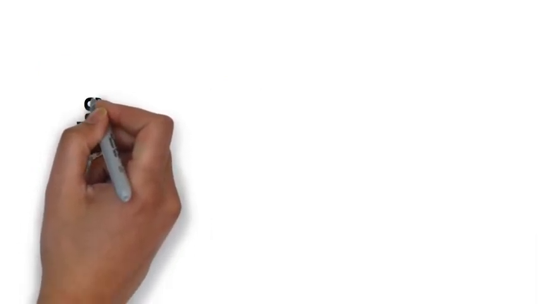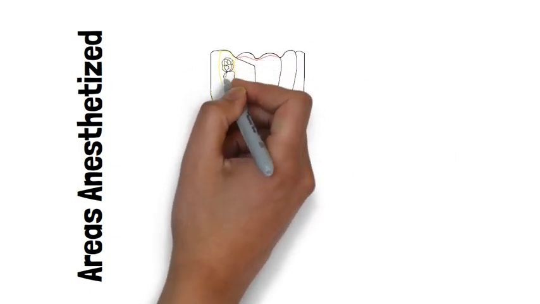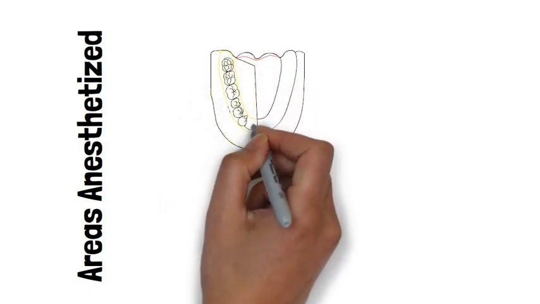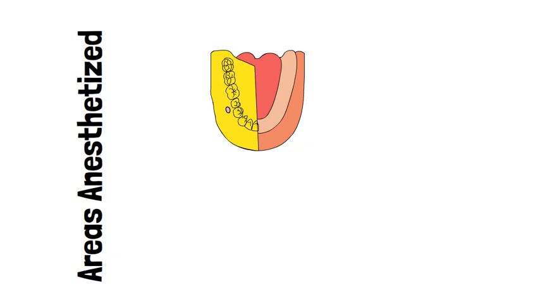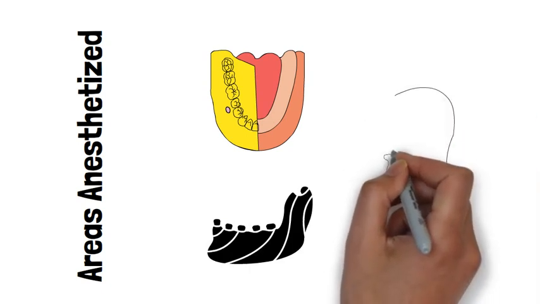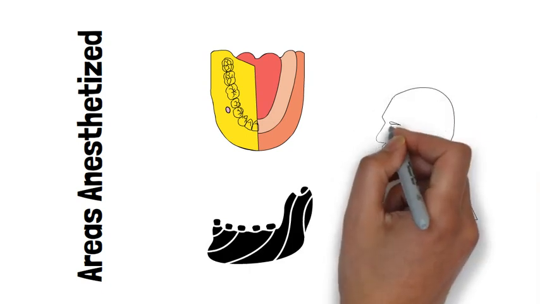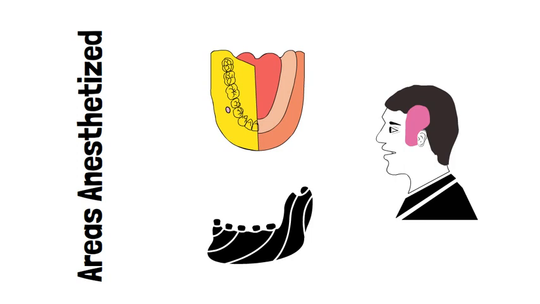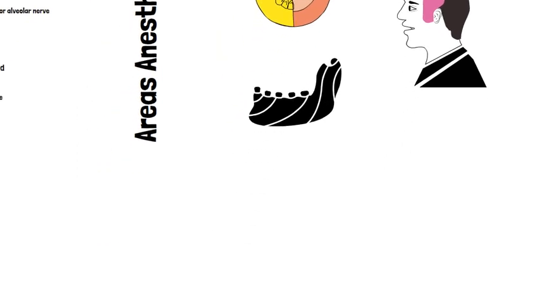And the areas that are anesthetized by mandibular nerve block are mandibular teeth up to the midline, buccal mucoperiosteum and mucous membrane on the side of the injection, anterior 2/3 of the tongue and floor of the oral cavity, lingual soft tissues and periosteum, body of the mandible, inferior portion of the ramus, and skin over the zygoma, posterior portion of the cheek and temporal regions.